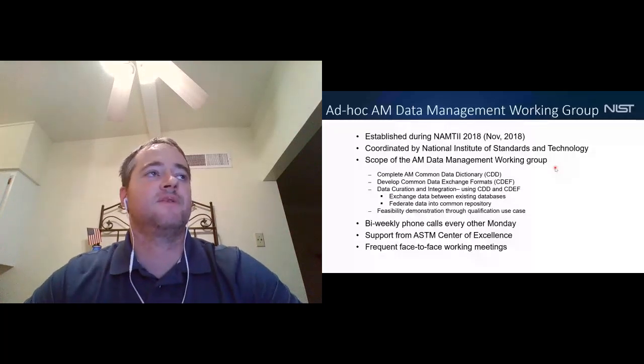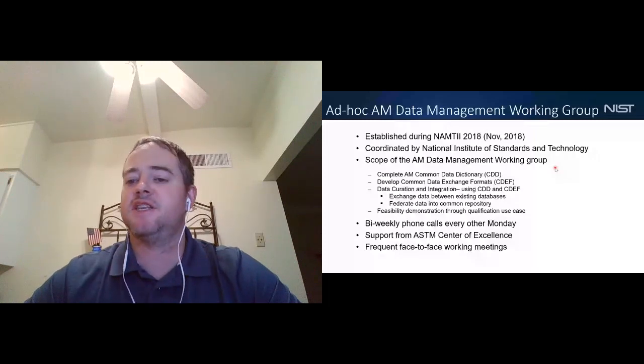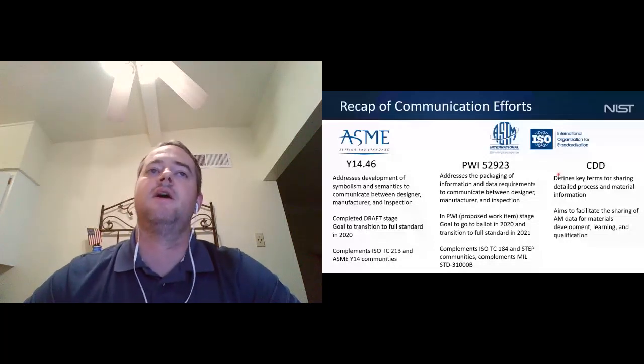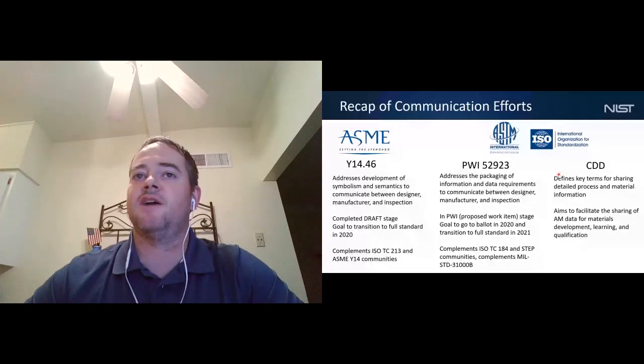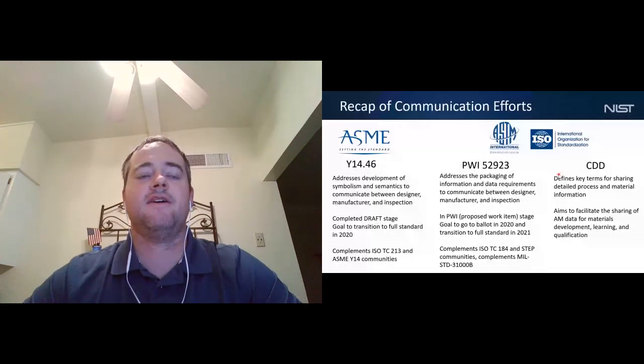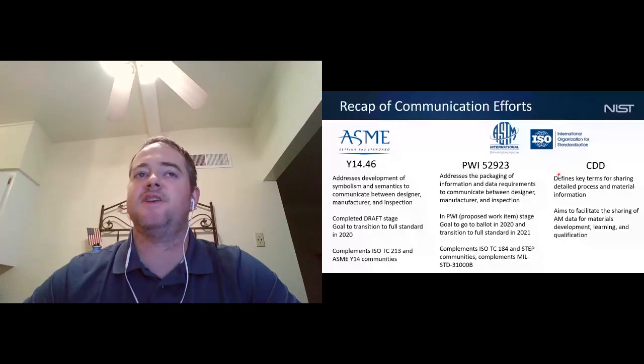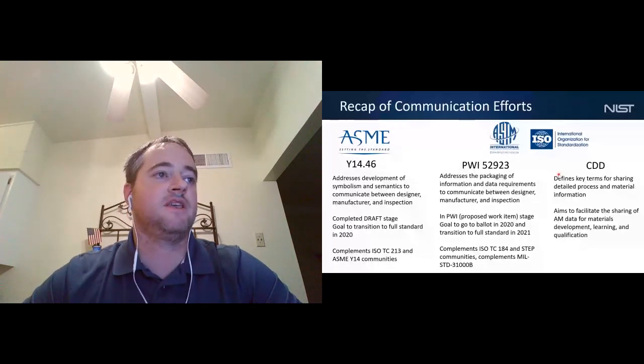So the recap that we have, I guess I've touched on a couple of times. The ASME standard is looking at the GD&T and the product definition. And under ASTM and the ISO organizations, we have one that's being developed under data packages and looking at how you share requirements. And finally, the Common Data Dictionary, looking at the sharing of key terminology and key terms. Together with all these, we're literally looking at different aspects of the communication requirements. But the idea is, as we develop these standards, we move to something that's actually accepted. There's something that folks can then use.